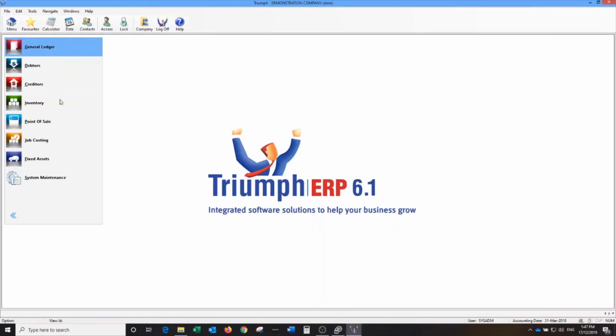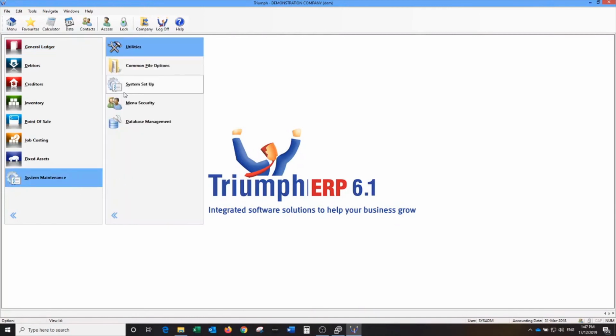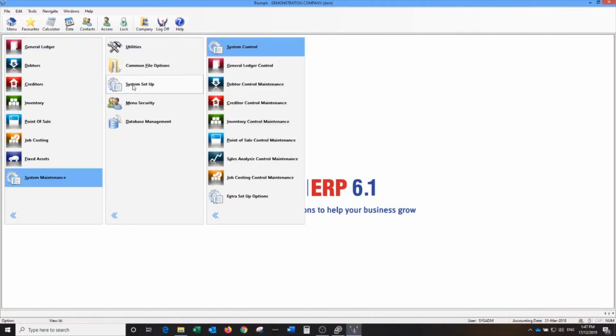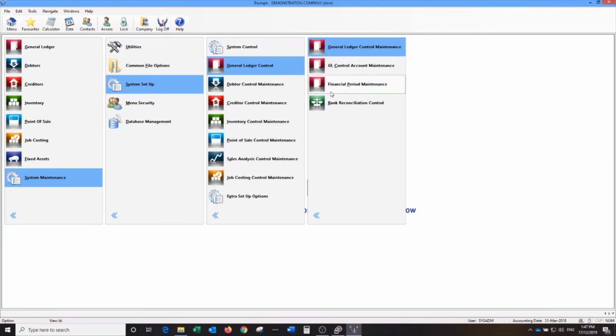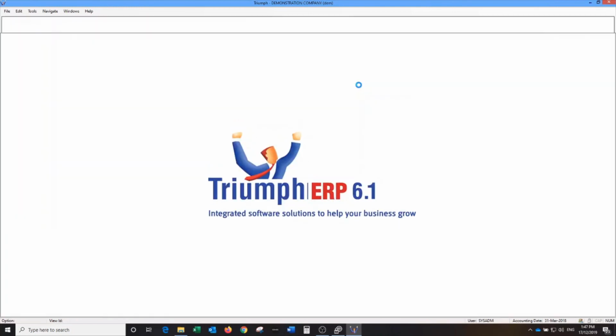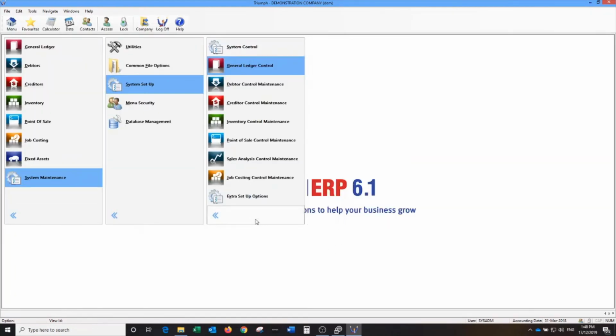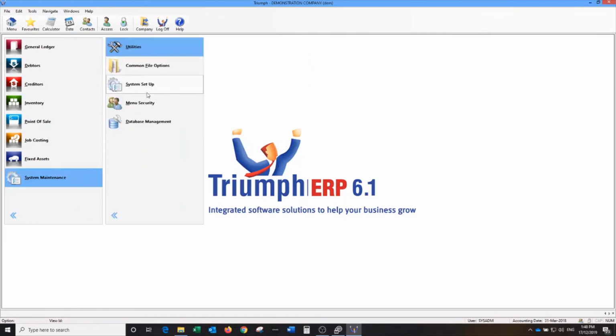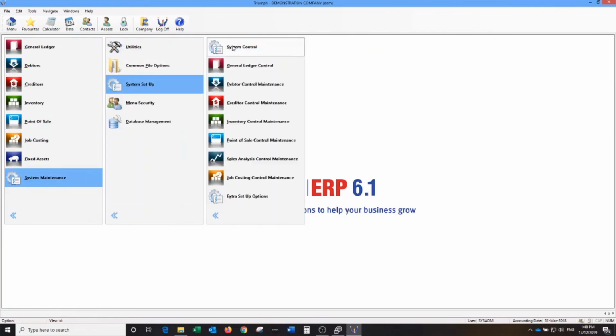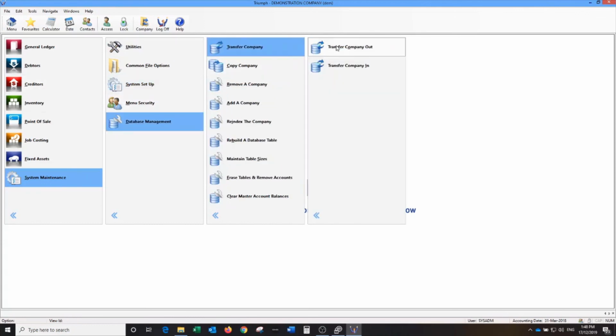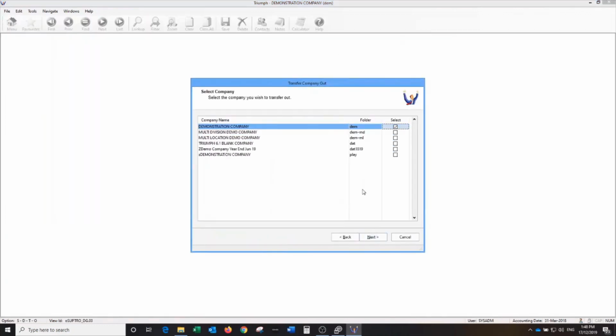We can do a double check here. If I just go to system maintenance and system setup, general ledger control and financial period maintenance, we can see here that my first period is July 19 and period 12 is June 2020. I'd recommend as well that you do another transfer out here. And so system maintenance, database management, transfer company out, and